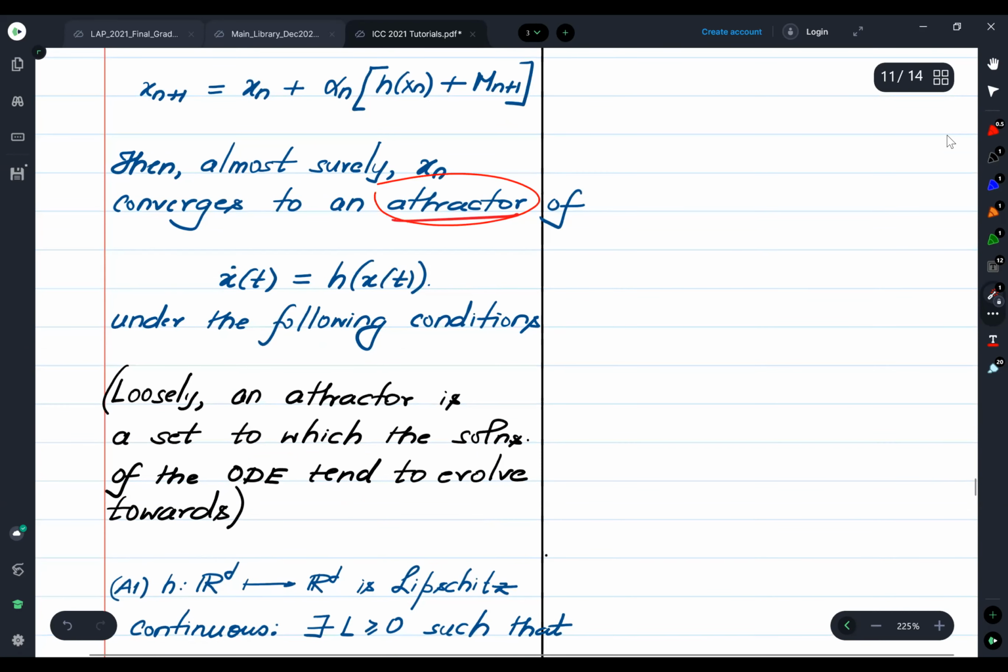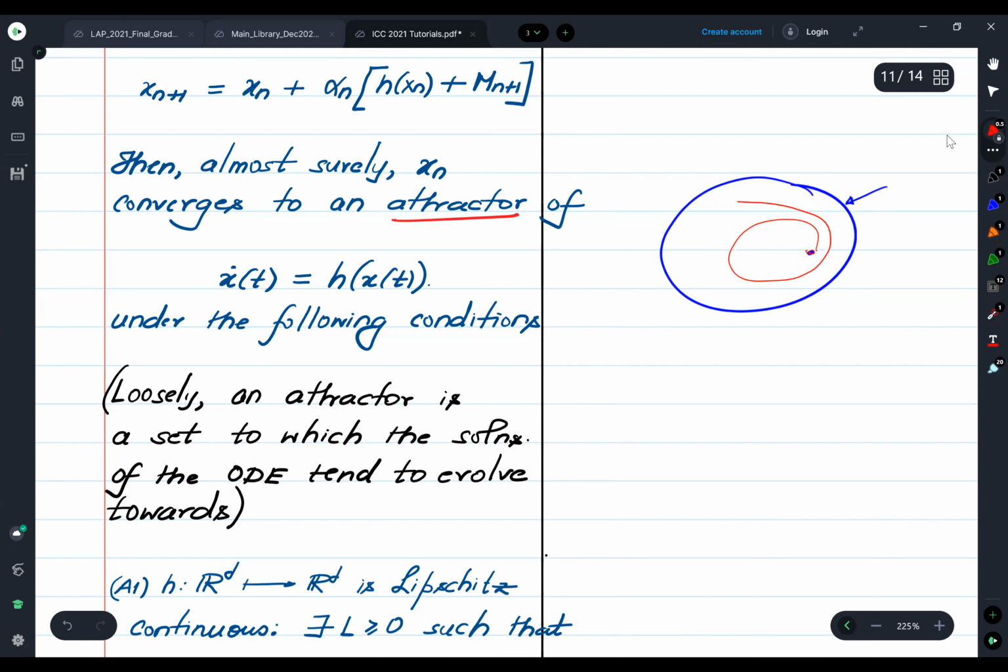But the first thing I would like to elaborate is what do I mean by an attractor. Let's say you are given this limiting ODE, then an attractor in the context of an ODE is the set to which the solutions of the ODE tend to evolve towards. Often this attractor could be an isolated point, it could be a set, and so on and so forth. For example, it is possible that an attractor is a circle, so that whenever you start the solution of an ODE,